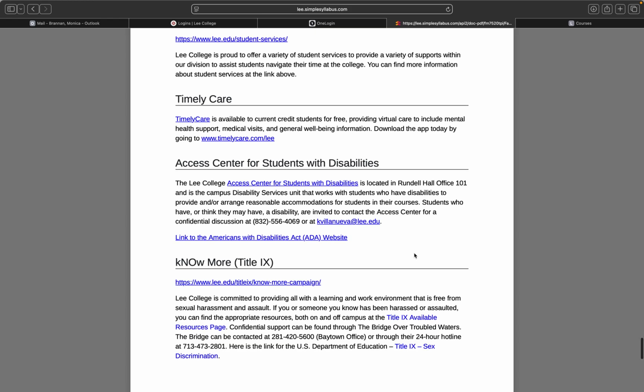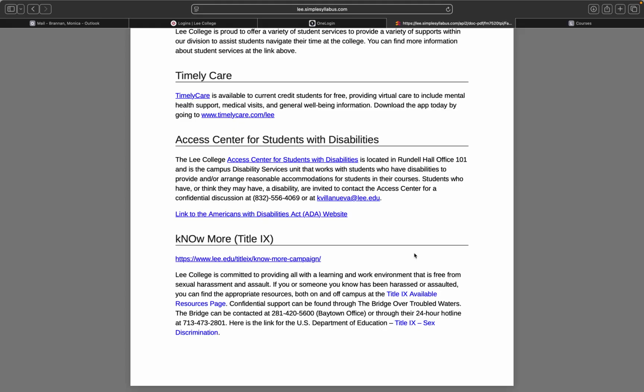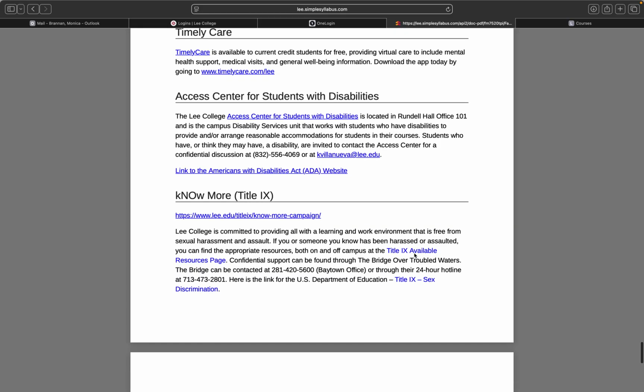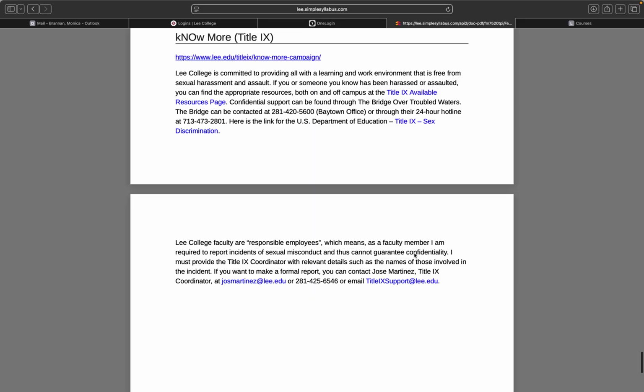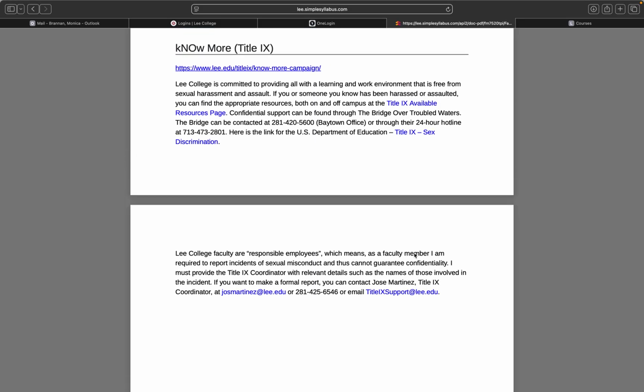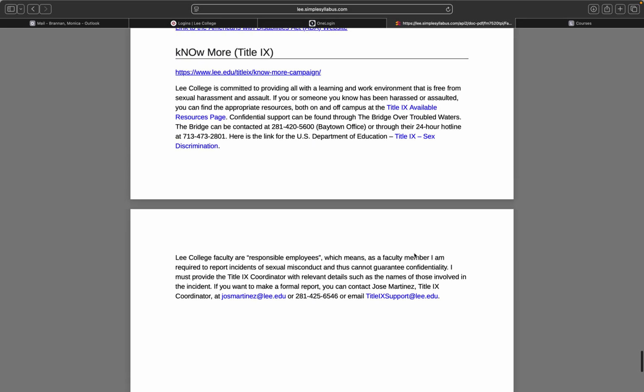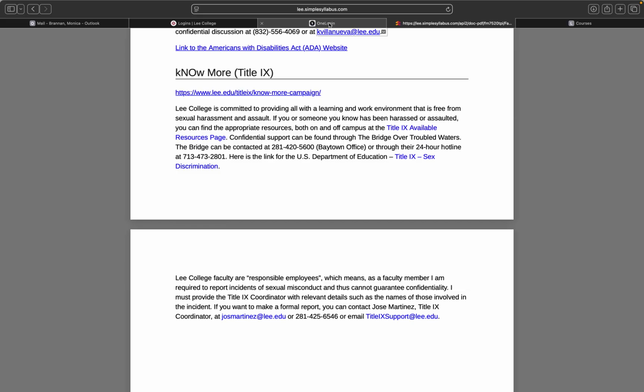Access Center for Student with Disabilities, that's the lab that you can go to if you require disability services. You need to talk with the Center for Students with Disabilities, and they will make sure that you receive those services, that we get all that paperwork filed. Okay, and then there's Title IX, and I will let you guys read through that.